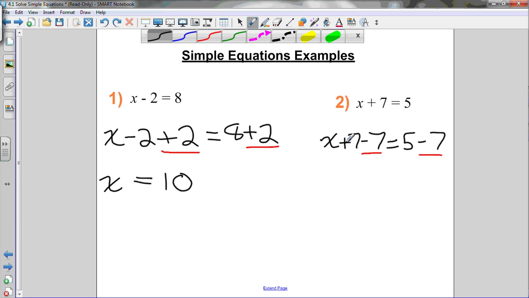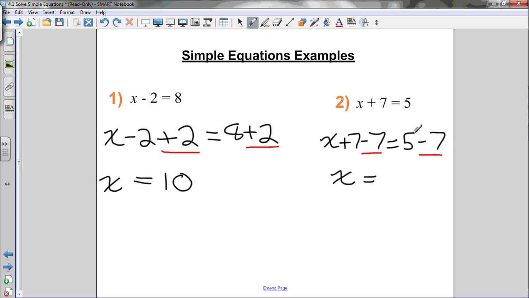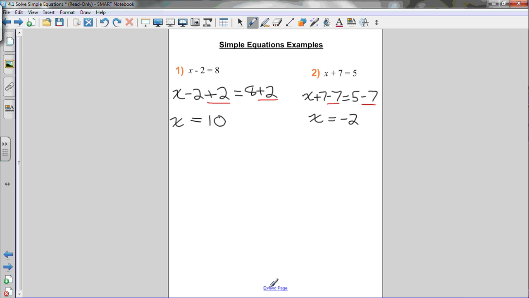Let's simplify this now. 7 minus 7 is 0, so all I'm left with on the left is x. 5 minus 7 is negative 2. So it tells me that x is equal to negative 2. Let me do a quick check and make sure that's right. If I plug in negative 2 for x,